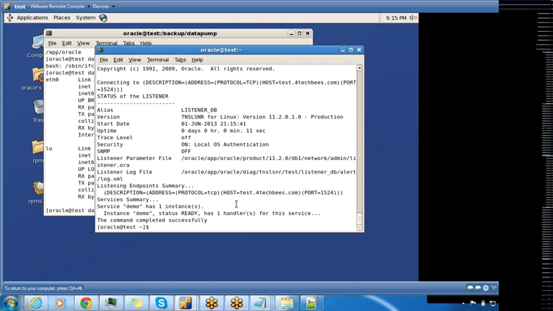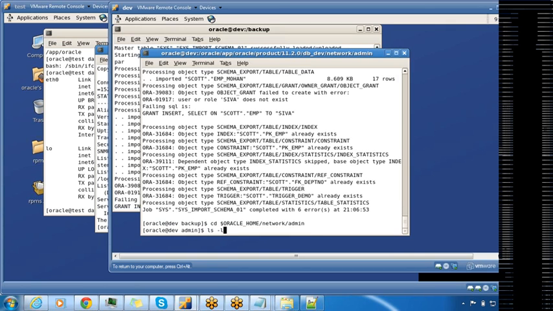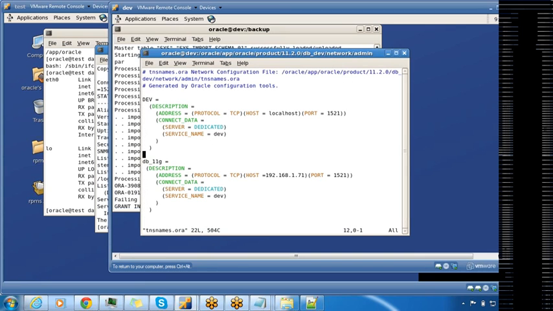We need to add the corresponding TNS entry. First we have to add the corresponding TNS entry of the source server on the target, because we are creating a DB link on the target server, right? I am creating the DB link on the dev database, so I have to add the TNS entry on the dev server. Oracle home, network admin, tnsnames.ora. Okay,